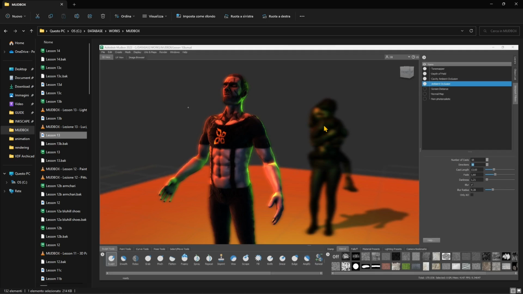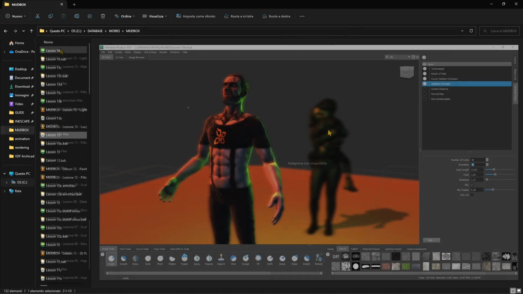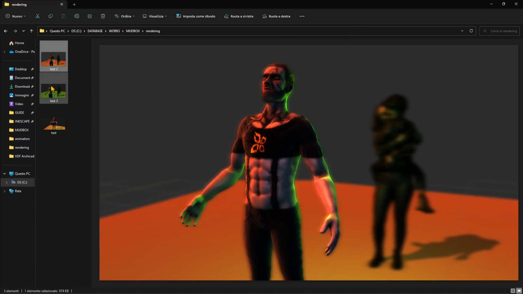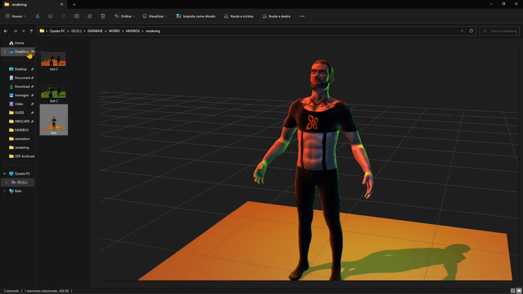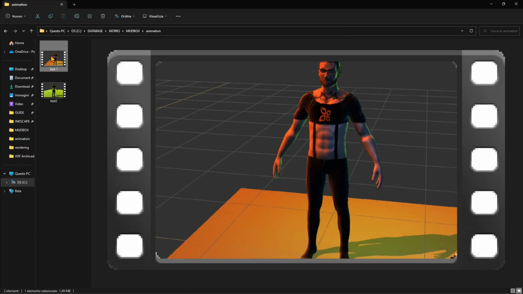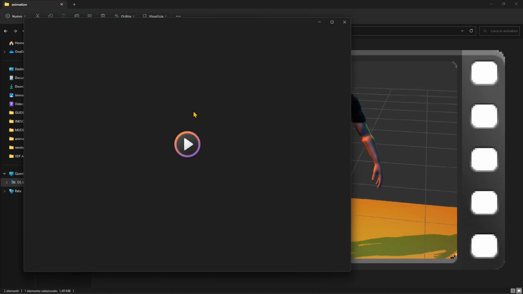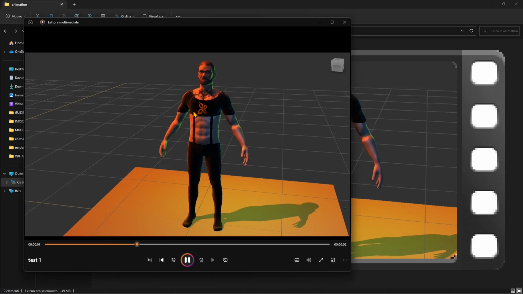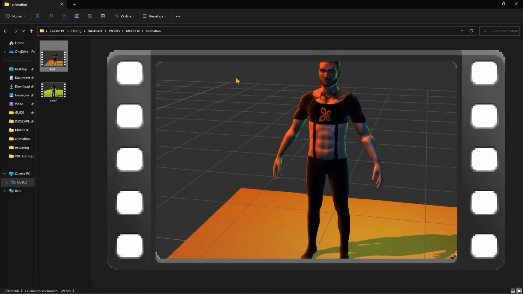So in this video, we will continue to talk about filters a little bit, and when we export not only renderings and animations, which we already did in the previous video. So we created a couple of animations and videos here. So this is an animation of a simple pose. So you can use posing tools and then record whatever you do with those